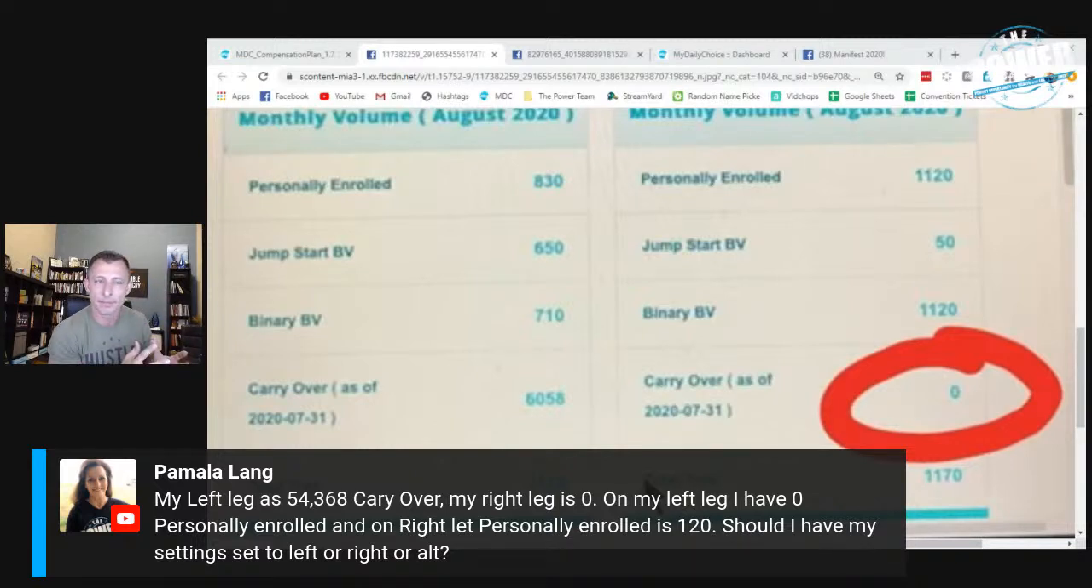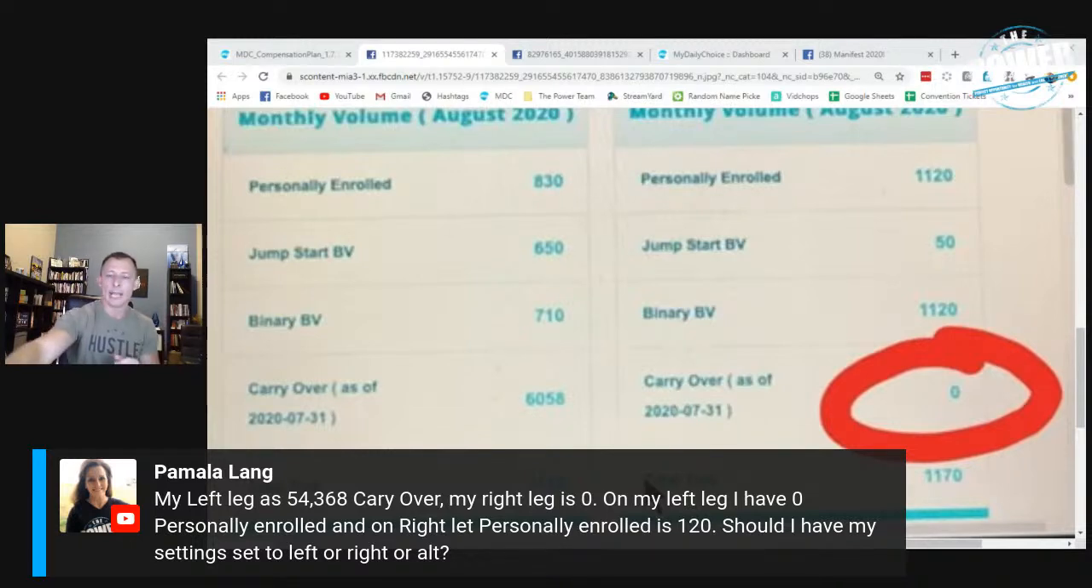month. Once you have that, now you set your rotator to your right leg and you go ballistic, because you've already got a lot of volume in your left. You just need to build your right. And then once you get your 90 personally enrolled on your left, then you are 100% putting everything into your right leg, and you're going to blow it up to catch up on that 54,000 in carryover that you have